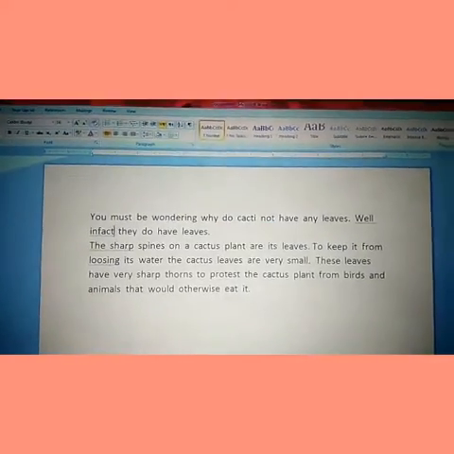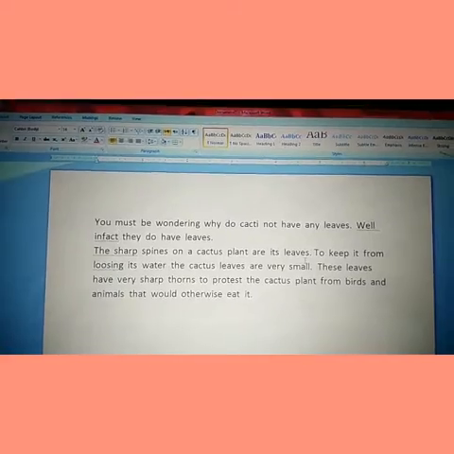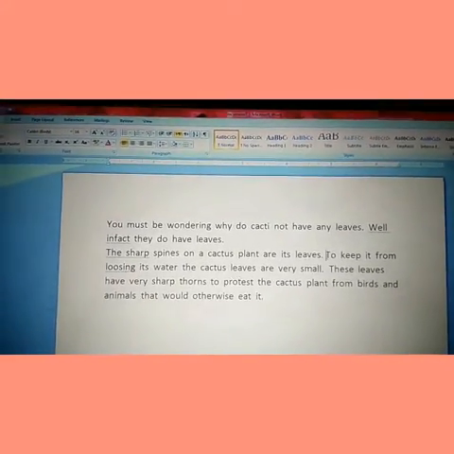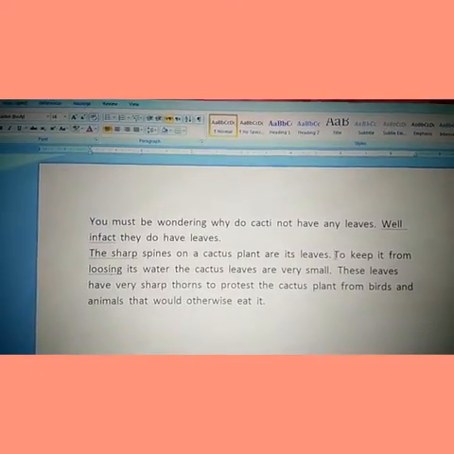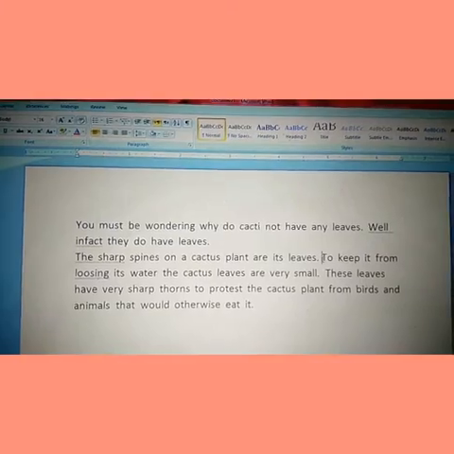So students, see this line in the second line, its leaves. Next, one line is missed in this paragraph. So see students how to add it.